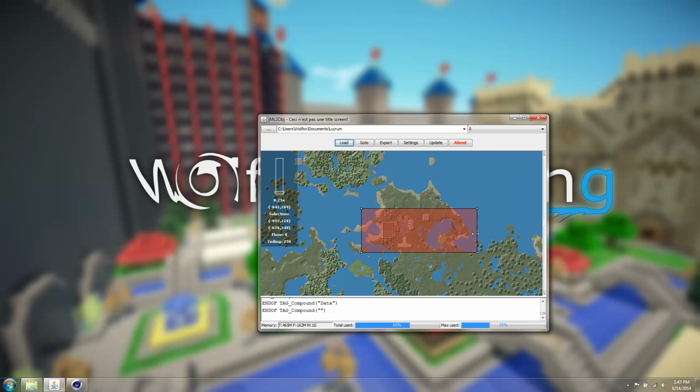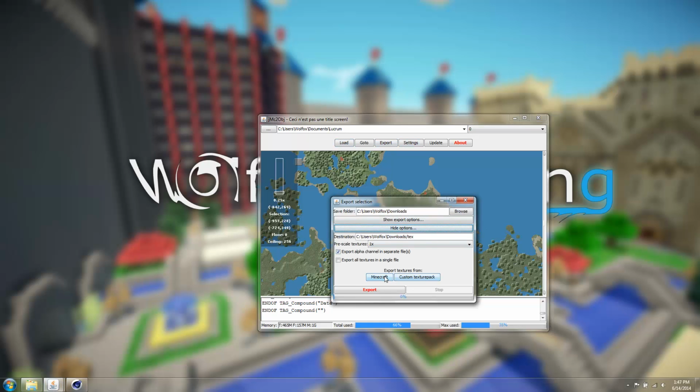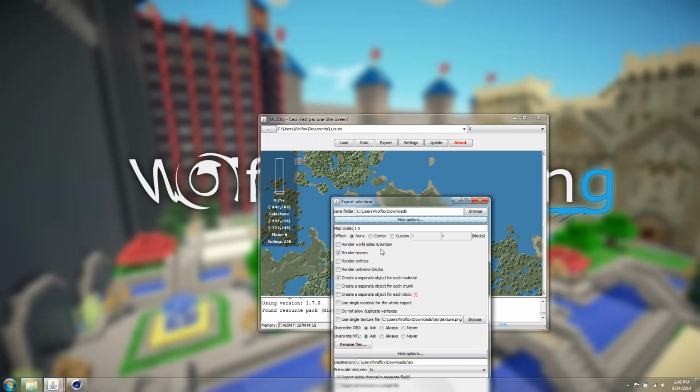and I'll export it. So when I go to export, I have to first export textures, and it's important that you have alpha channel selected. And you just hit Minecraft, and this is going to go in your downloads. I believe it's doing it right now. Yep. And then for export options,